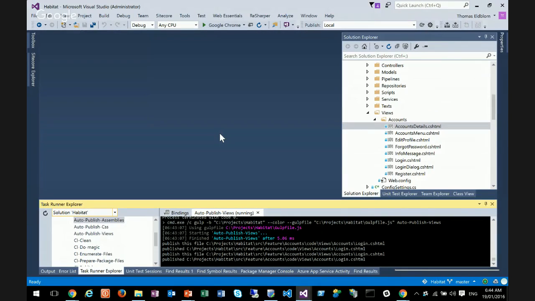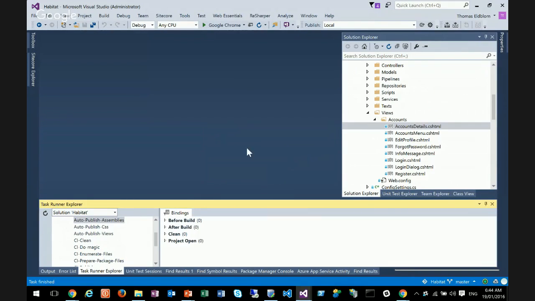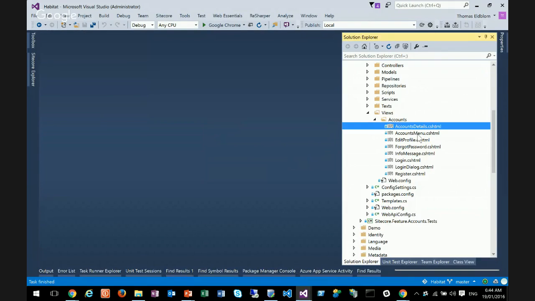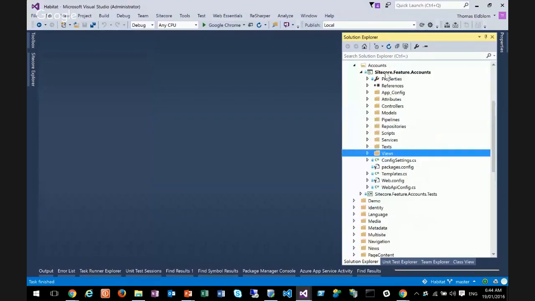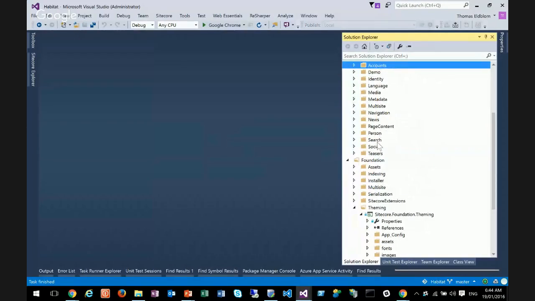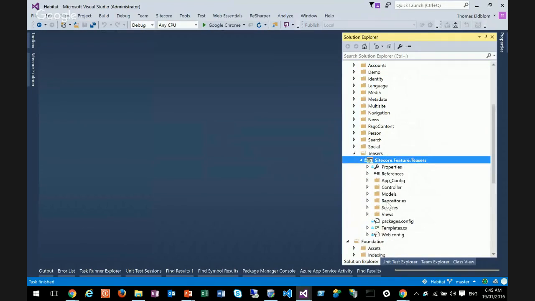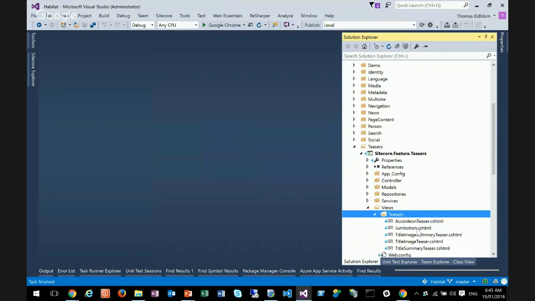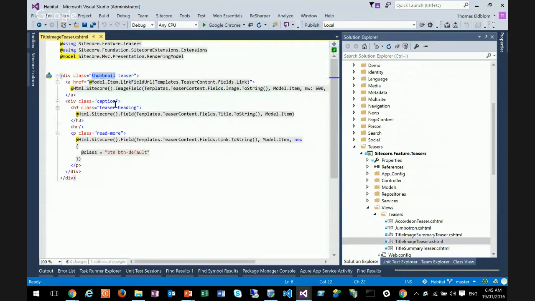Right. So HTML. HTML is another one of those. I'll just turn off this part here. HTML is another dependency killer. So as I mentioned, we've chosen to use Bootstrap as the HTML framework. If we go into things like teasers here, and if you know Bootstrap, you'll see that a simple teaser here uses a thumbnail, and it has that teaser heading and those kind of things. So these parts are standard